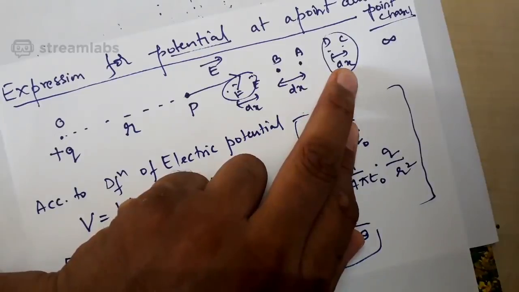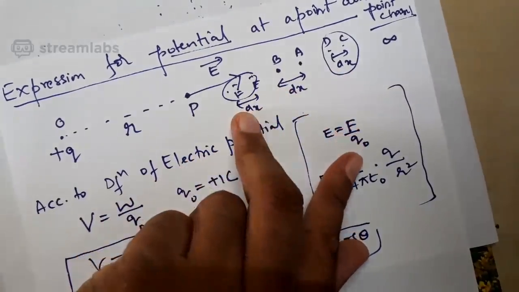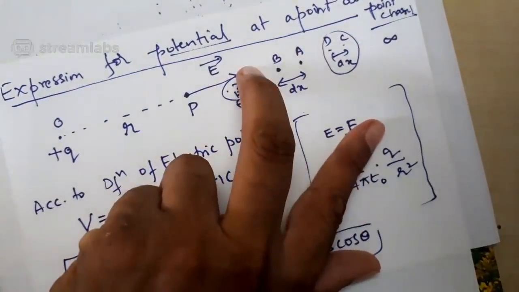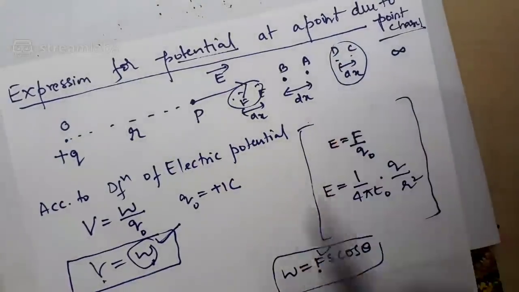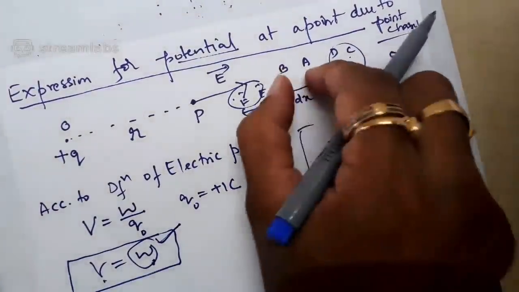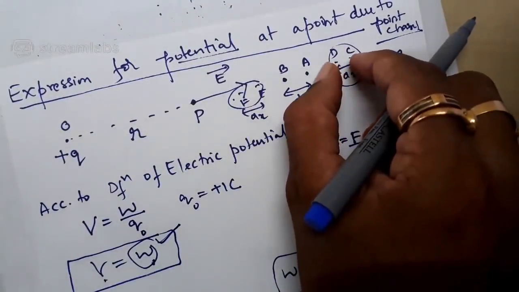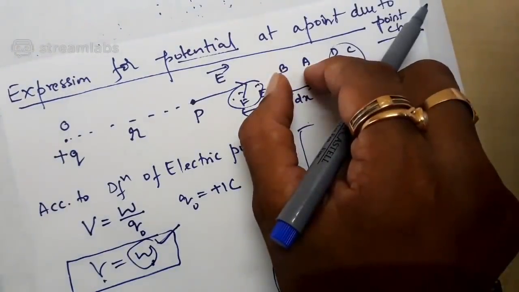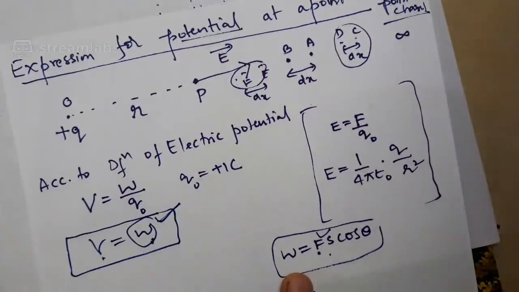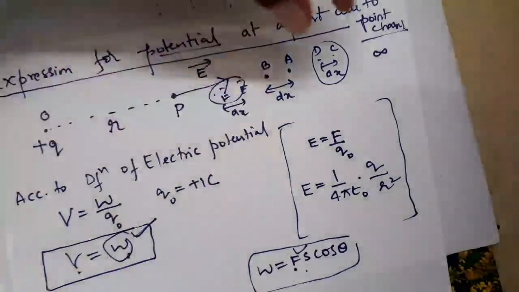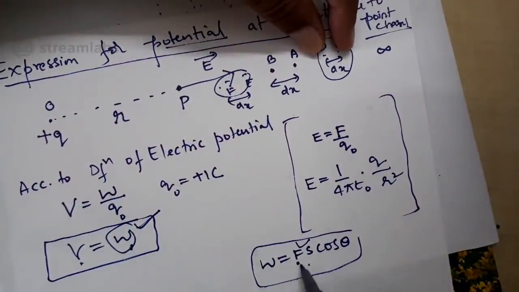Here the electric field is one uniform electric field, here a different uniform electric field, and here a different one. In this region it is uniform, in this region it is one more uniform value, in this region one more uniform value. Don't you think I can use this formula in calculating the work done in each case? Everywhere I can use it, because for this the force is constant, for this the force is one more constant. I can write dw is equal to f into dx into cos theta, something like that.